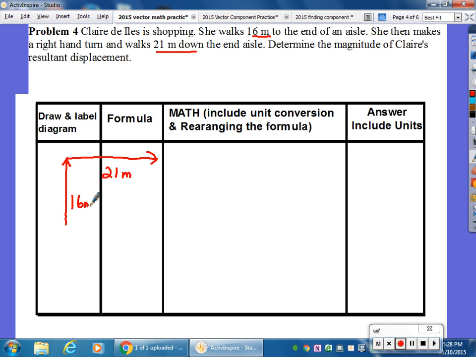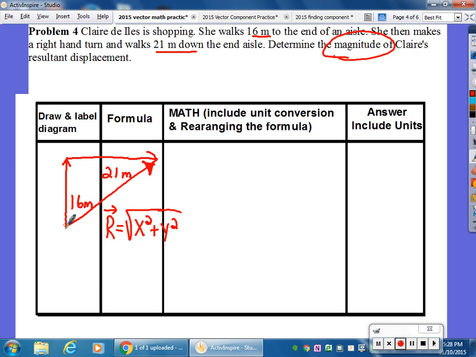And it wants to know what the resultant vector is. So obviously if we've got these things connected head to tail, we can determine the resultant vector like so. And if we had to, we could measure the direction with a protractor or use our inverse tangent, but luckily this question only asks us for the magnitude. So in terms of a formula, we only need the resultant vector squared equals x squared plus y squared, and then when we do the math it ends up being the square root of x squared plus y squared,